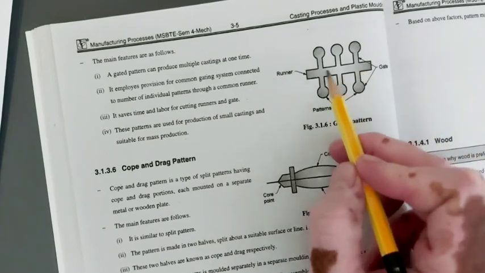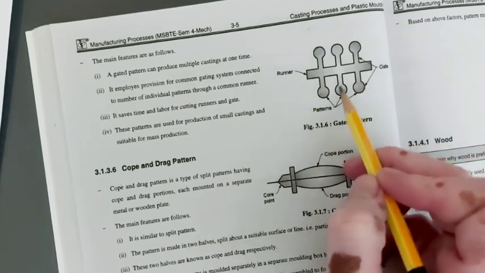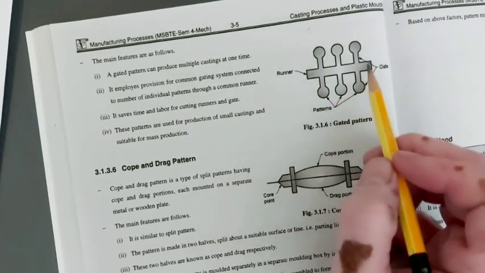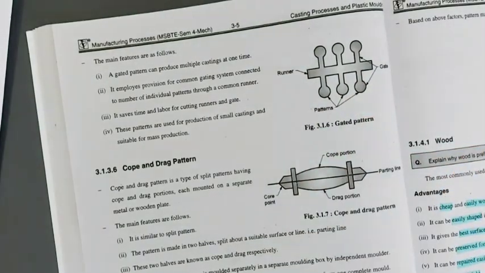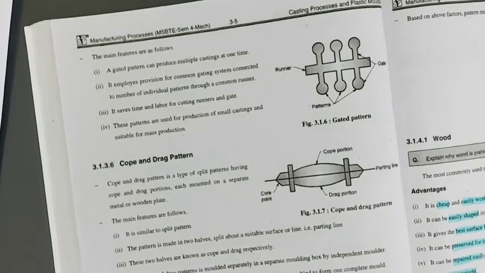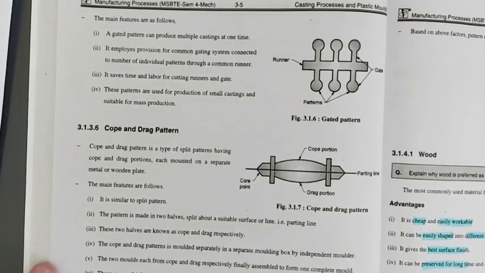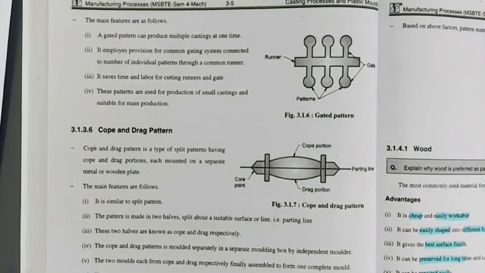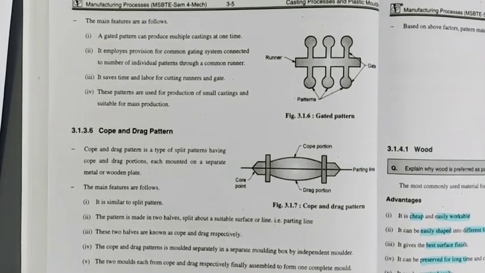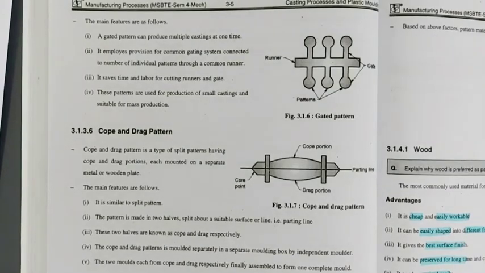So runner and gates are attached to the pattern, and along with runner and gate, it is penetrated into the molding sand and pressed. So gates and runners will be obtained directly. No need to make